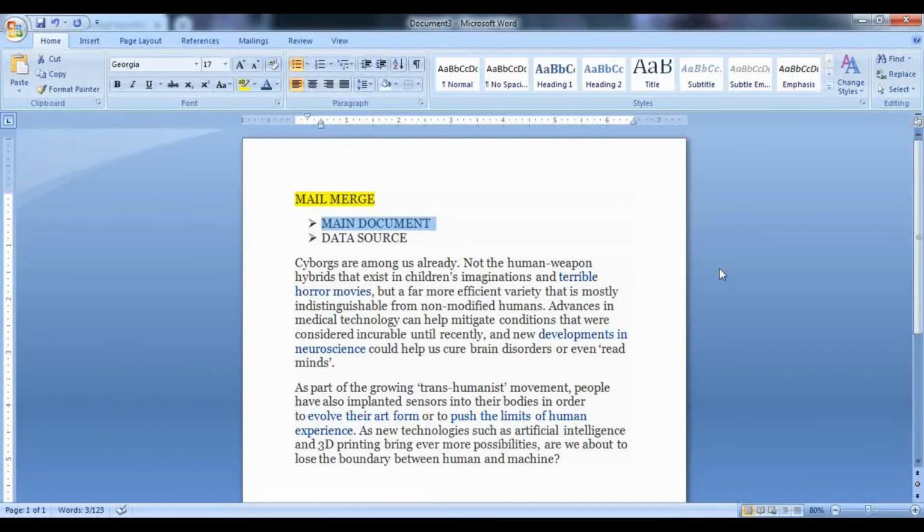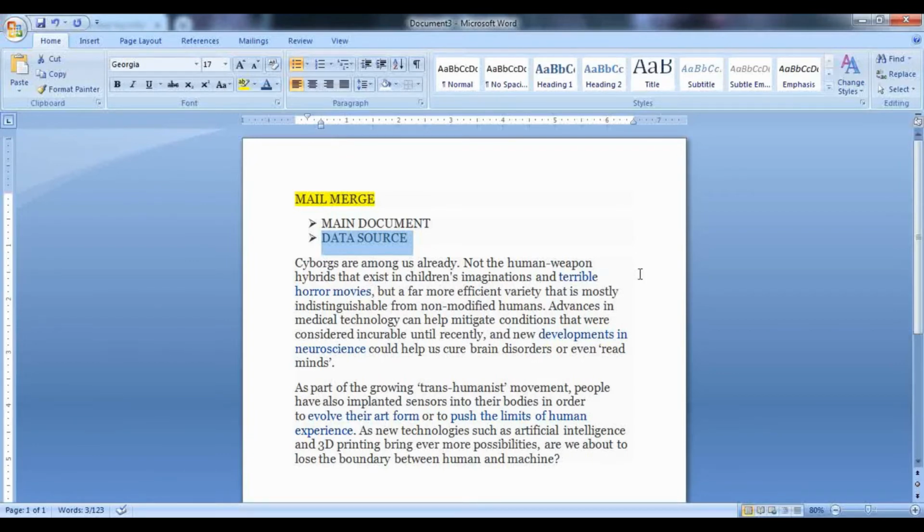The second one is the data source. The data source is the second file that we'll be using in mail merge, and this file will contain the data which is required to be merged with the main document. For example, once you have finished designing your invitation letter, or once you have finished structuring the article which you want to share, then you need to enter the details of the recipients, the people you are sending that document or invitation to. Their address will be the data source. That will be the source where you are going to send this data.